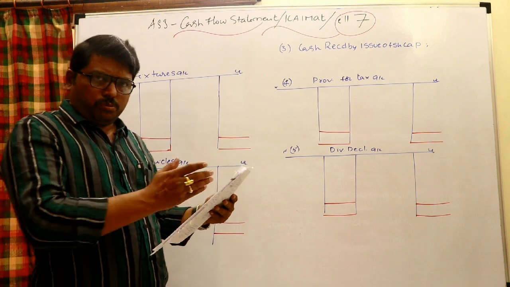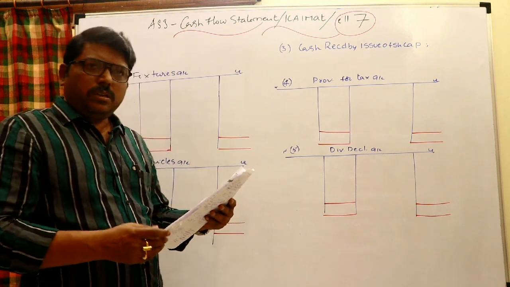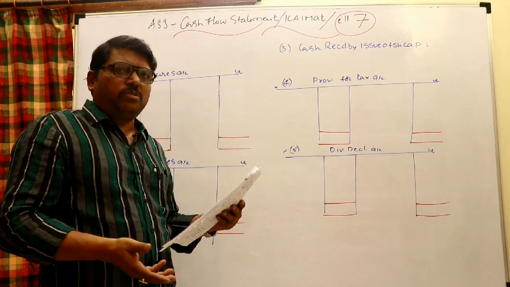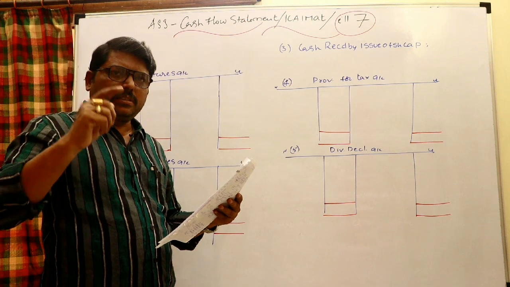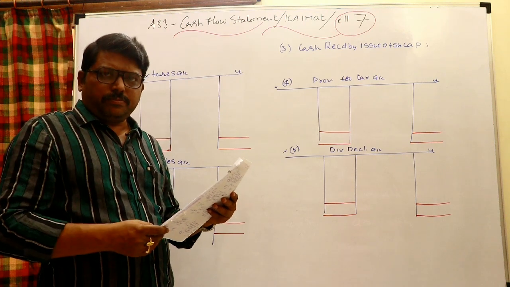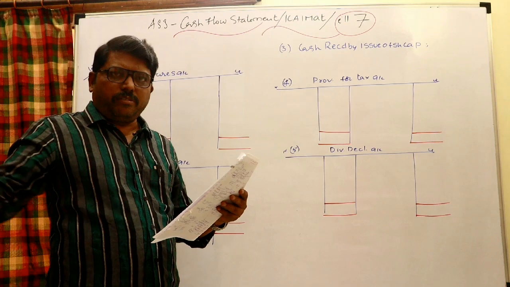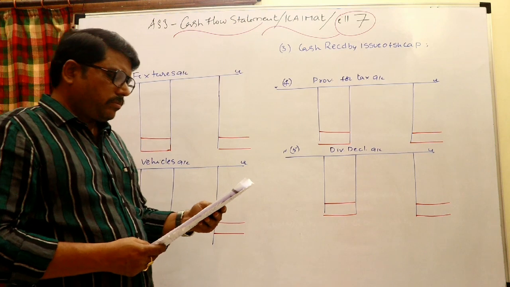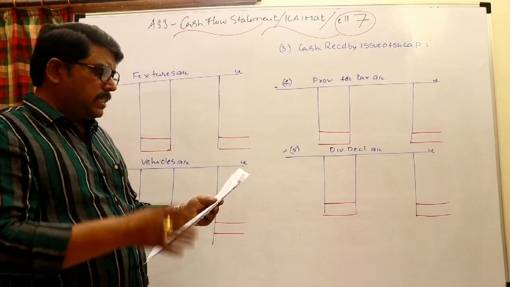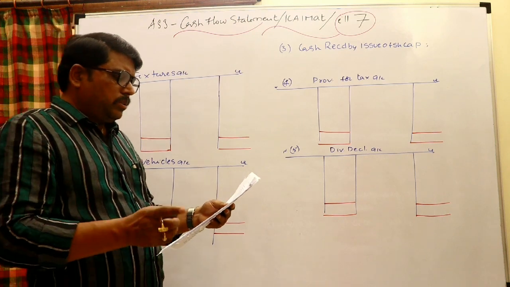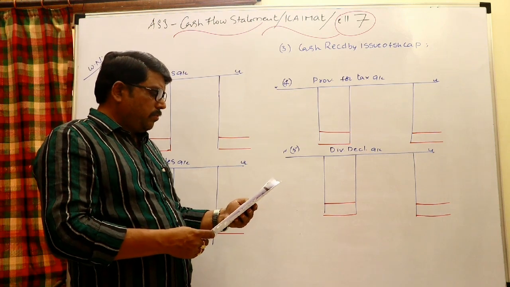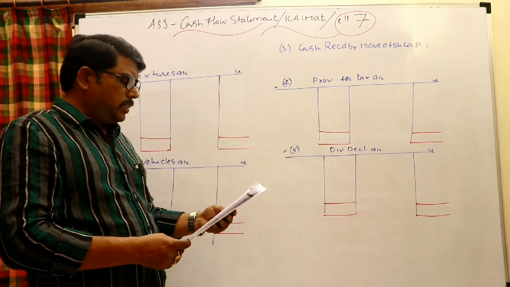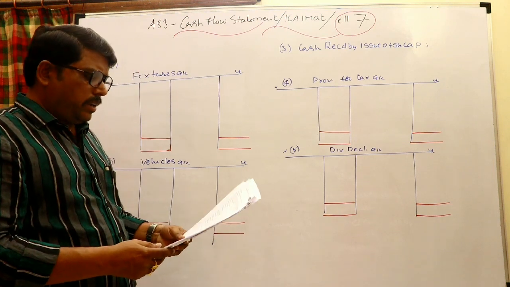For the P&L account, this is the profit after appropriations. You may start with this, otherwise profit after tax, but better to start with profit before tax. Then provision for tax and dividend paid need not be adjusted for both of them. Dividend paid is deducted from financing activity, and tax paid should be deducted from the operating activity. Next, current liabilities, trade payable: an increase is an inflow, as I said. Provision for tax and dividend payable accounts we can have, that's all.